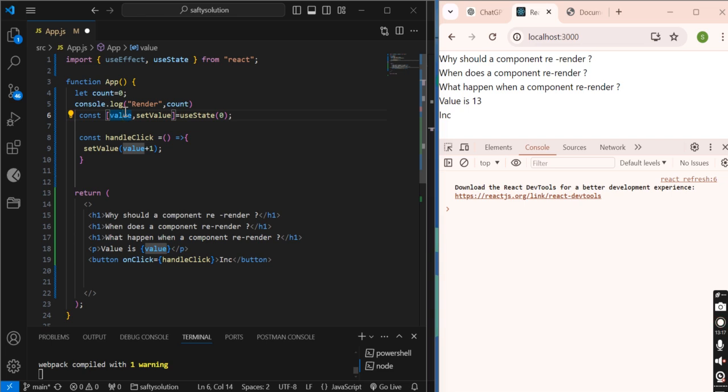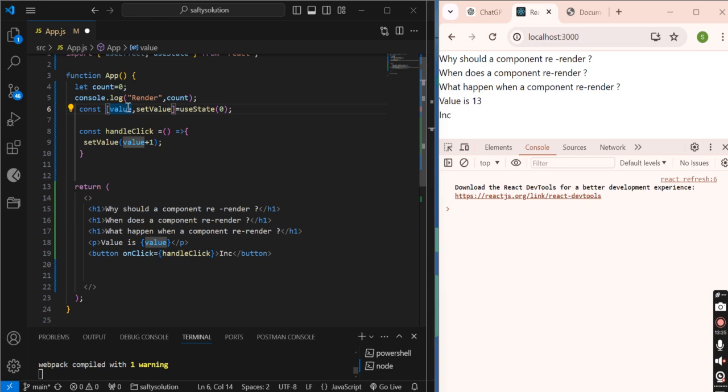Since this is a special variable defined using React, React says that if you want to manipulate this value, you need to use this method. We have used that method here. What it's doing is taking the previous value, adding 1 to it, and setting it.